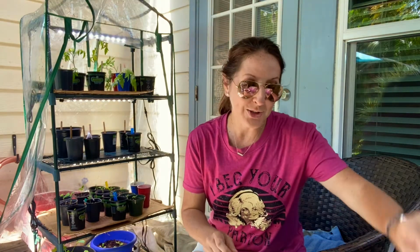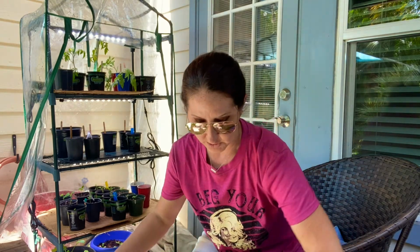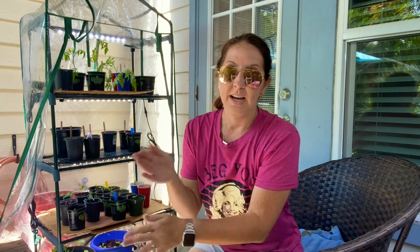So for my single seed challenge, I don't know if you guys have heard of the single seed challenge, but it's another gardener in Texas. It is Black Southern Gumbo, I think. I'll put his channel here on the bottom, but I found him. He's in the same growing zone as I am. He's just on the coast in Texas, so obviously a lot of different challenges, but he has an amazing garden in his backyard, and he came up with a single seed challenge basically because we throw so many seeds down,